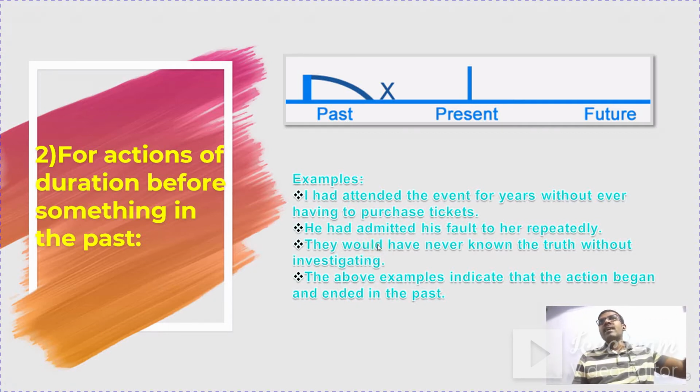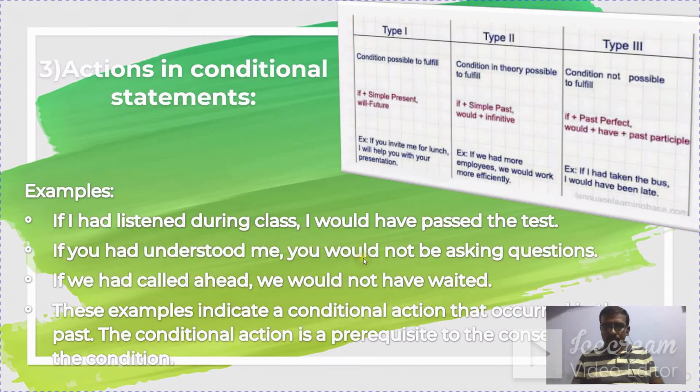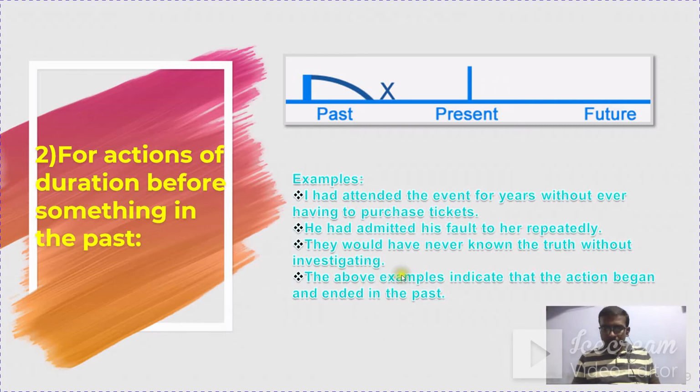Some investigations were on. Likewise, we can see it in newspapers: investigations are on. But later on, after some years, it will be referred to in the past. The investigations had been completed for such a case. Likewise, we can explain. All those examples indicate that the action began and ended in the past. It started in the past as well as ended in the past.